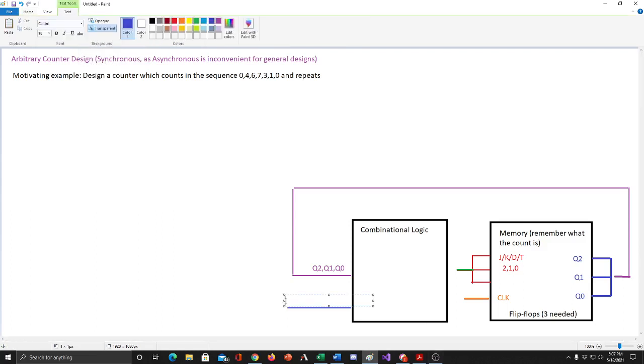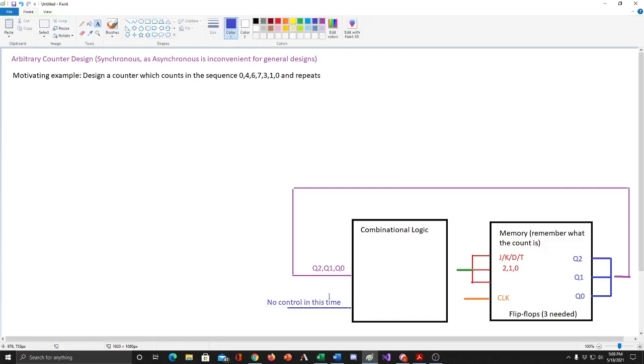There's no control in this time, but in general there might be, and it would go into the combinational logic over here. Sometimes we might have a control line, let's say it was an up-down counter, then you would need a control line whose job is to indicate, are we counting up or are we counting down? And so that would factor into the combinational logic to control the J, K, D, and T differently. So Q2, Q1, and Q0 go in, and then at the output,